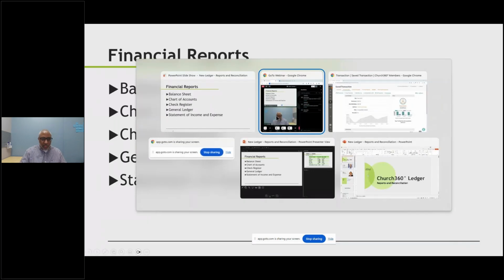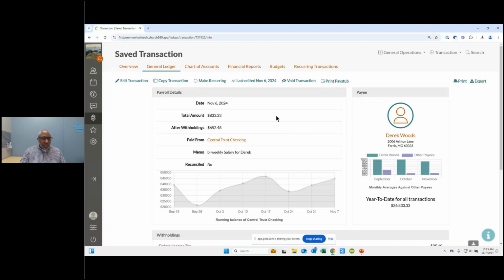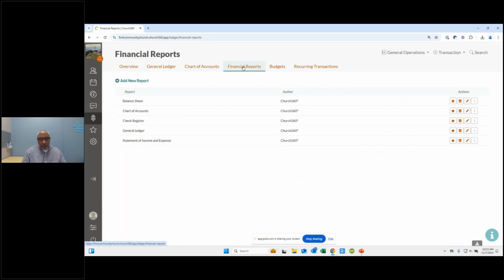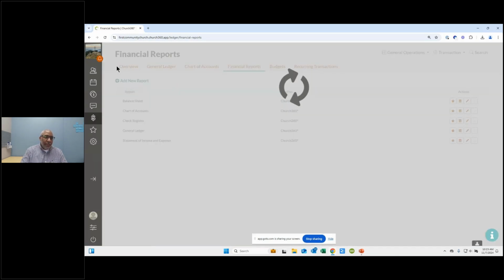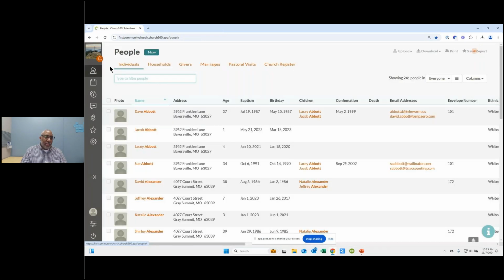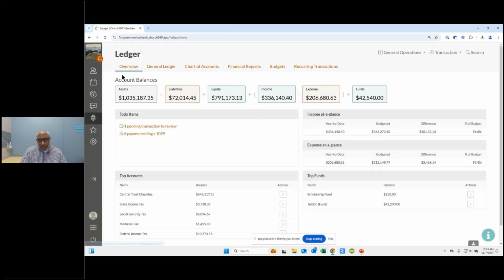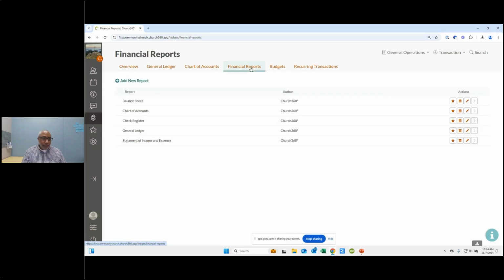So financial reports, let's go back to Ledger. We're going to go up here to our menu bar, and we're going to click on financial reports. And technically it's the sub navigation. So this is our menu bar here on the left, and this is our sub navigation or our module navigation. And every single one of the modules typically has this type of navigation in it. So menu bar and sub navigation. Then we'll go to the financial reports. And then 1, 2, 3, 4, 5. So I got that 5 right.